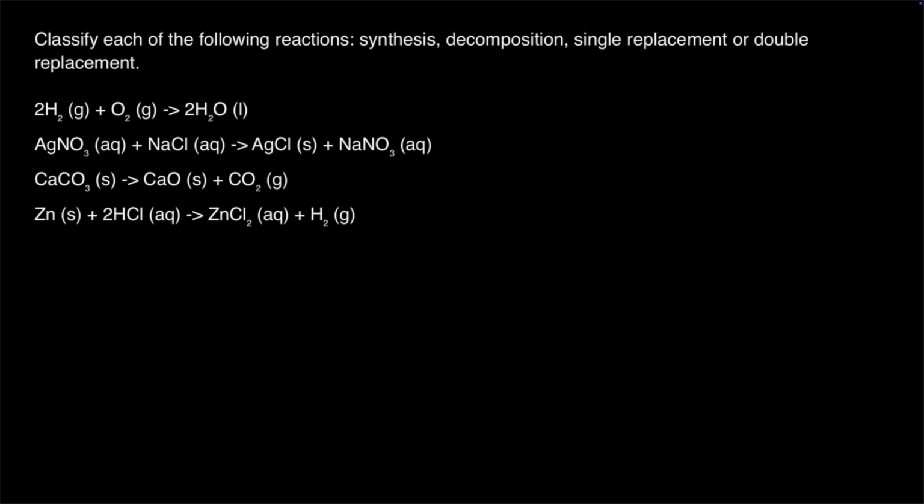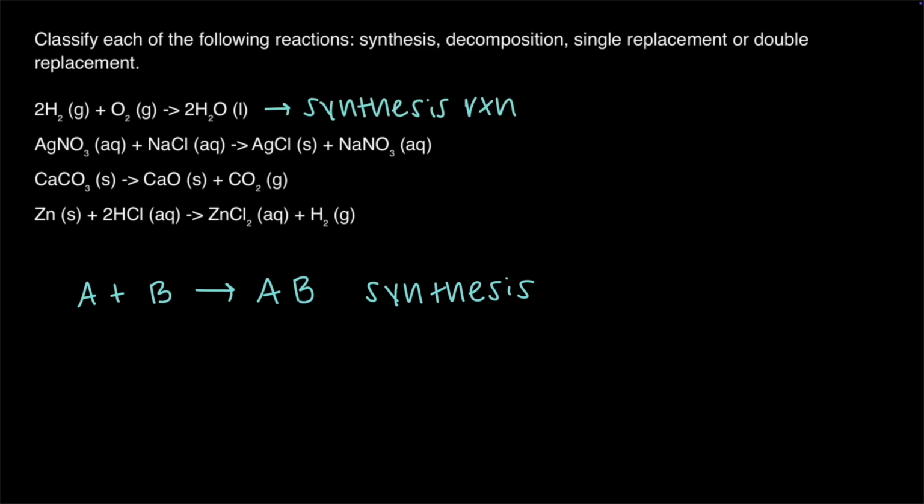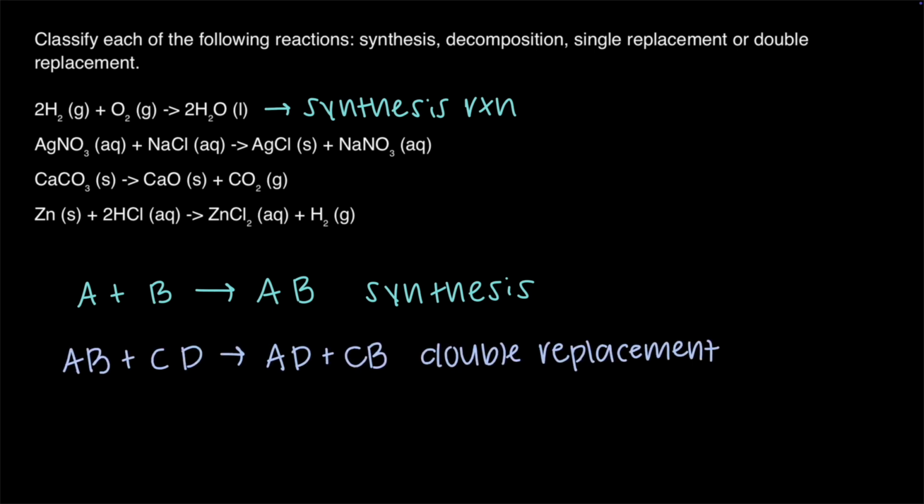Classify each of the following reactions. Two reactants combining to make one product will be a synthesis reaction. H2 and O2 combine to make one product, H2O, so this will be the synthesis reaction. Two compounds reacting to create two new products will be a double replacement reaction. AgNO₃ and NaCl are both compounds, and they are reacting to make two new compounds, so this is a double